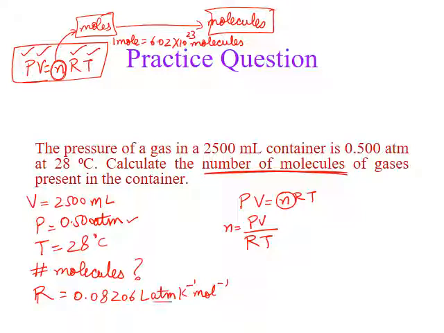Okay, so now atm is pressure, good. Temperature is given in degrees Celsius. Here temperature is in Kelvin, so I need to convert this into Kelvin by adding 273. If you add that, it would give you a temperature of 301 Kelvin. Next, you see volume is in liters, but what's given to me is mL. So I will have to use the conversion factor to go from mL to liters, which is 1000 mL is equal to 1 liter.